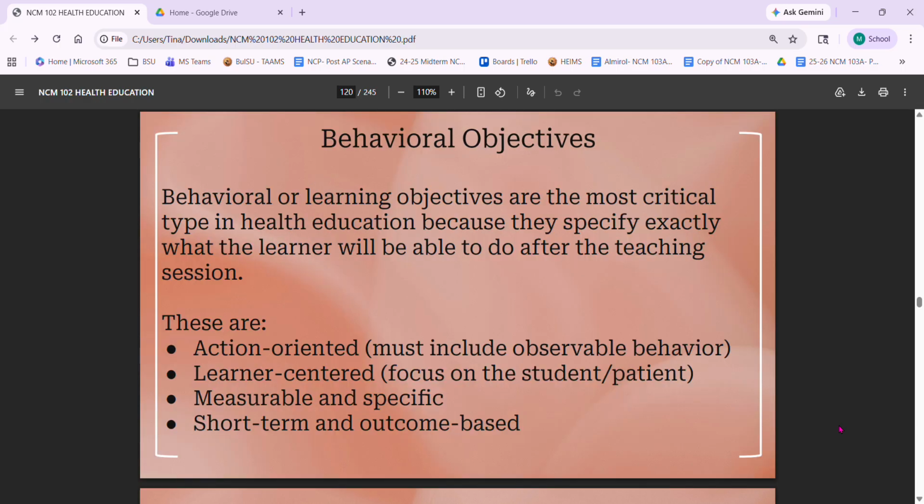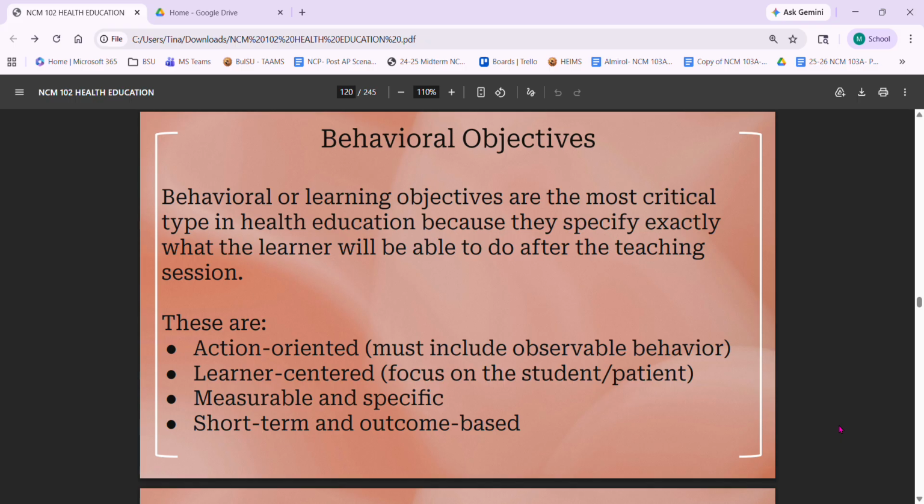Now, ang importante would be your behavioral objective for our topic. Okay? When you say behavioral objective, this is also known as your learning objective. So, most critical type siya na sa health education kasi they specify exactly what the learner will be able to do after the teaching session. So, anong characteristic niya? Action-oriented. Okay? Must include observable behavior. Learner-centered. So, focus siya sa student or sa patient, and like yung kanina sa educator kay instructional, measurable and specific,